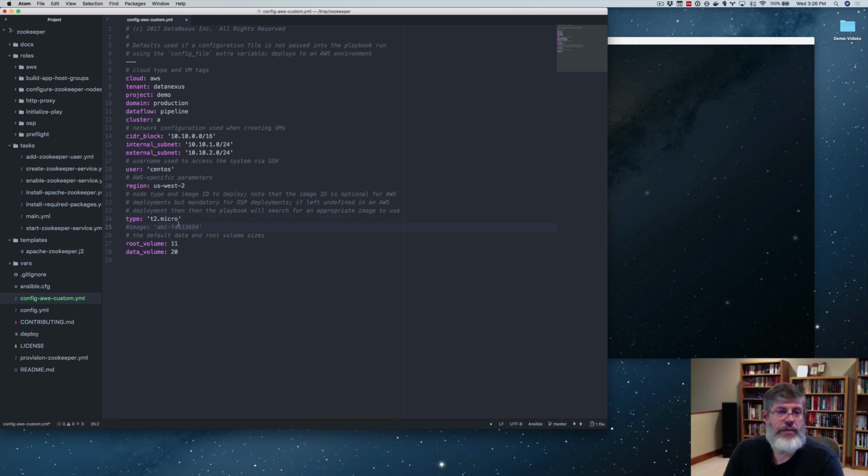And I'm going to select a specific image. I happen to know that this image ID in the US West 2 region is a CentOS 7 image, and so I'm going to go ahead and use that. If I did not specify this, it would spend a little extra time searching for the appropriate image to use in creating these instances. I'm going to leave the root and data volumes the way they were in the default